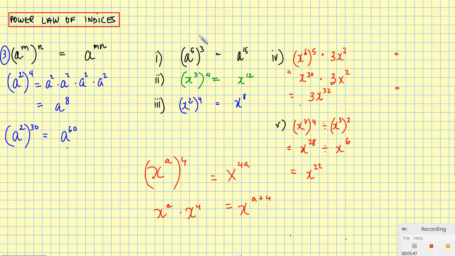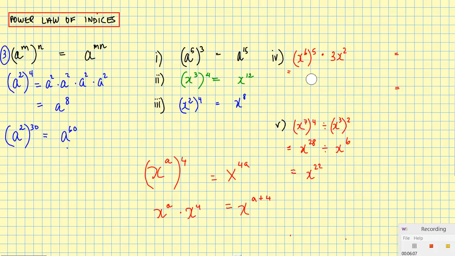All right, so an example then is a to the 5th all cubed will give me a to the 15th. X cubed to the power of 4 gives me x to the 12th. X squared to the power of 4 gives me x to the 8th. X to the 6th raised to the power of 5 times